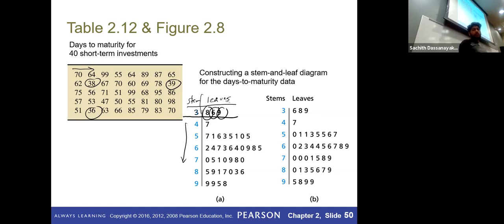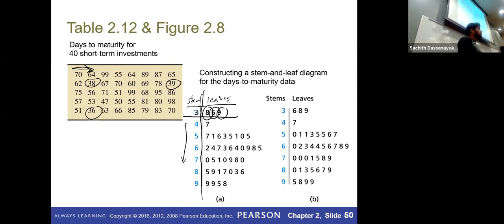First thing, you have to identify what the numbers are. Then write the stem column first: all numbers in the 30s, which means 3 something, 4 something, 5 something, and so on. Then read this data from left to right or however you like, and fill the table. This is how it works.